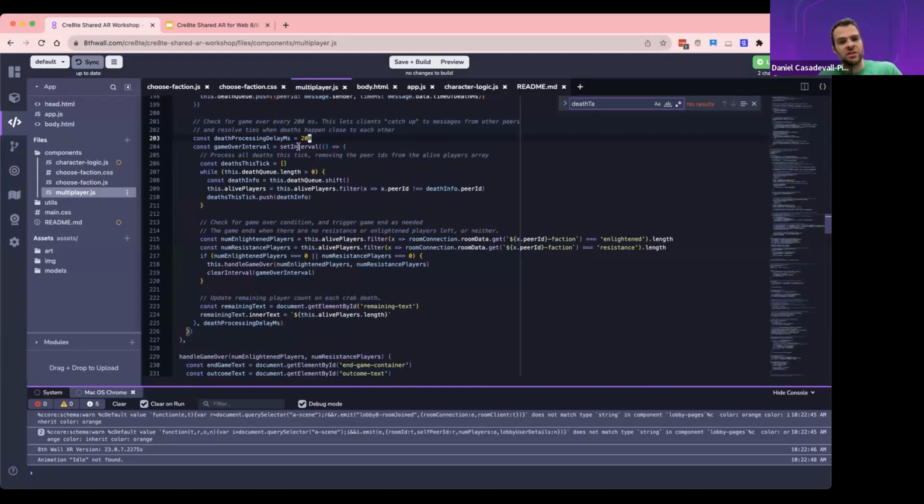A common technique to solve these kinds of race conditions, because we don't have server authority and we don't have a central place of information that says, no, this player has died, not you, undo this, is to have what we call a leeway or a window of opportunity for clients to catch up. I think this is called an event queue.